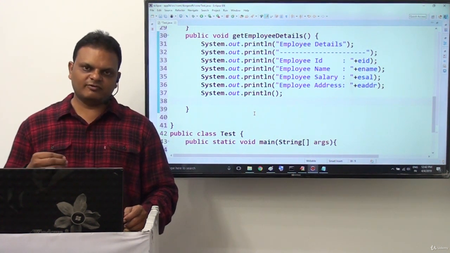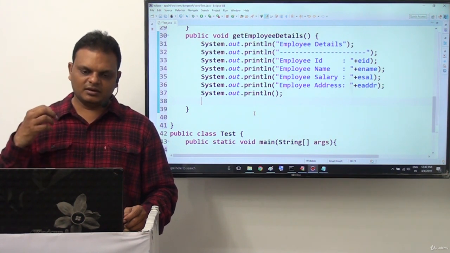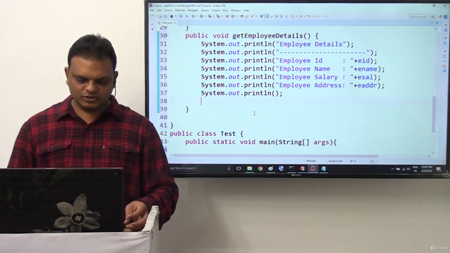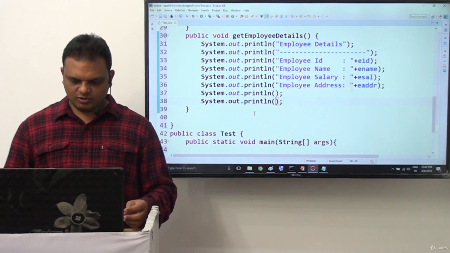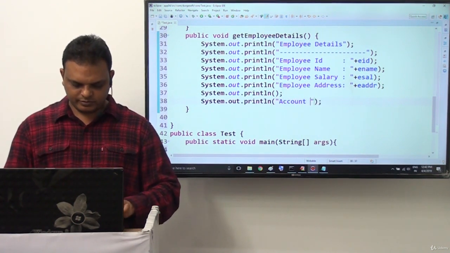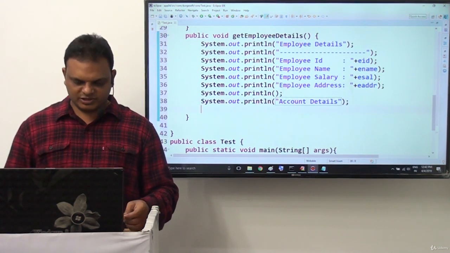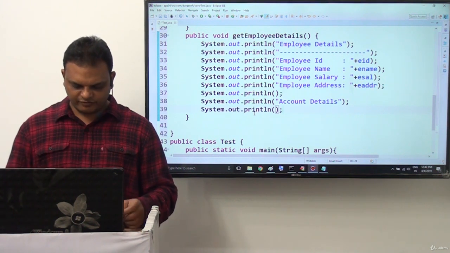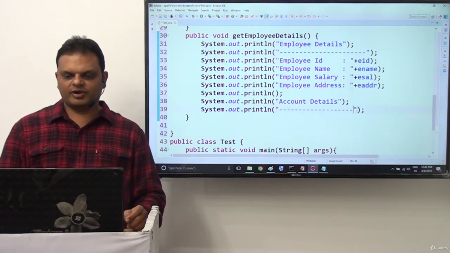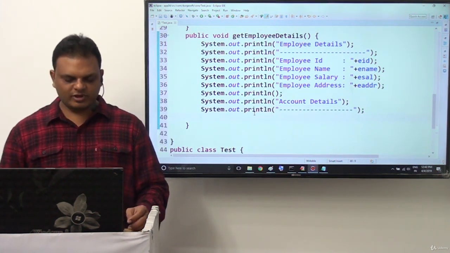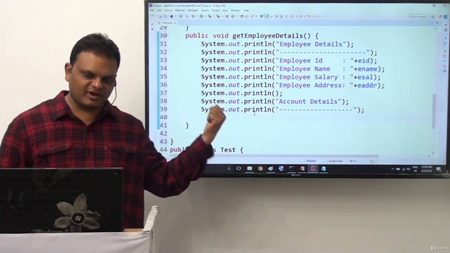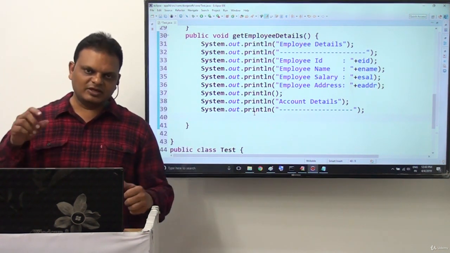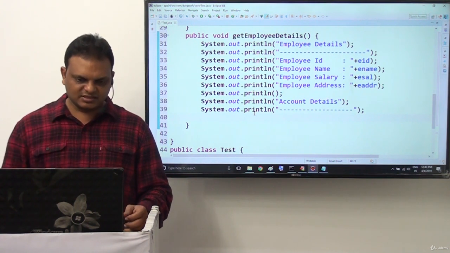Now what about the account details? System.out.println of account details we want to display here, and then System.out.println of one line space. Inside this, the account reference variable is already available inside this Employee class. By using that account reference variable we can access the members directly.